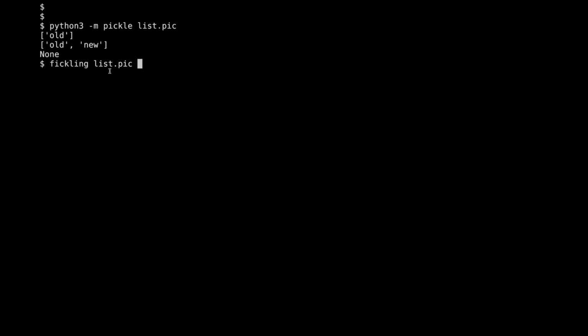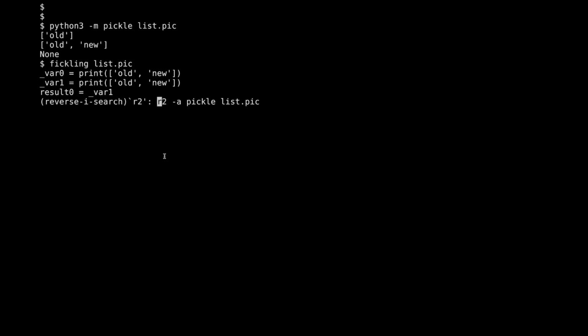Pickling runs into the same problem. It prints old and new together. It doesn't keep track of the fact that old is present by itself in the first print, that new should not be here. The second print is, of course, correct. R2,